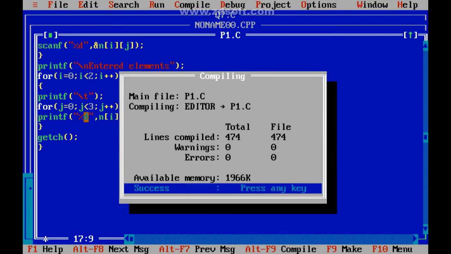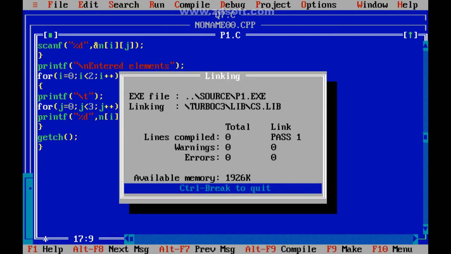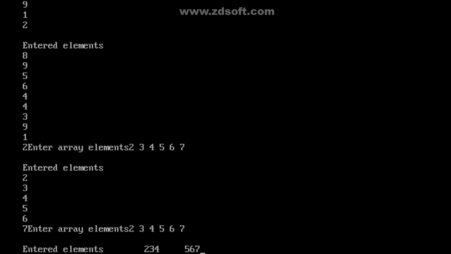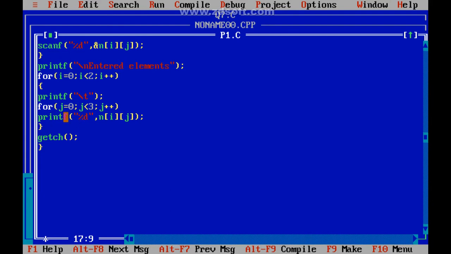So Alt F9, Control F9, 2, 3, 4, 5, 6, 7. So 2, 3, 4 is the first row, 5, 6, 7 is the second row. Got it? If we want it perfect, we can write \t here, and we can make it \n here.